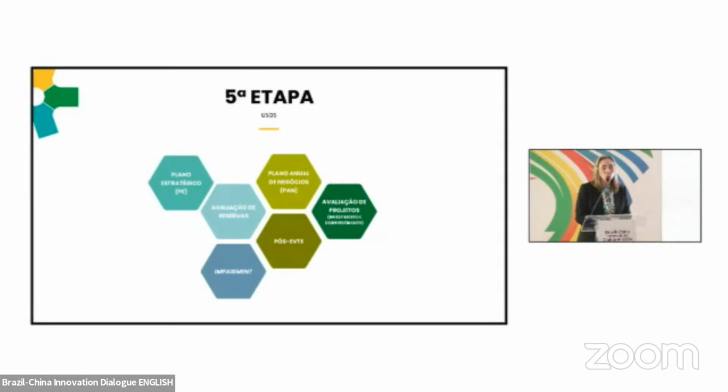And the fifth stage is the use. As I commented at the beginning, the scenarios of Petrobras are the core of the strategic planning process. It's the first stage of the strategic plan of the company. So the scenarios have Vision 2050. We have a strategic plan with vision, mission, and values with this vision of 2050, but we also have a business plan that is a 5-year plan, and an annual plan that is a 1-year plan.